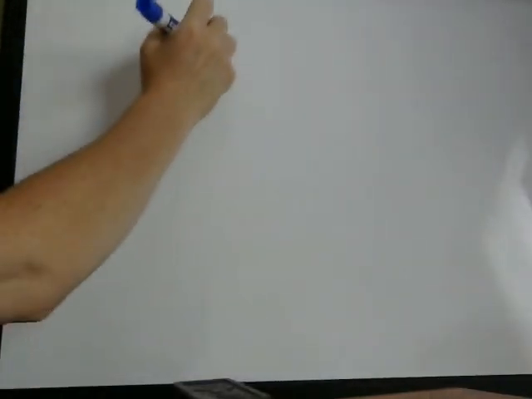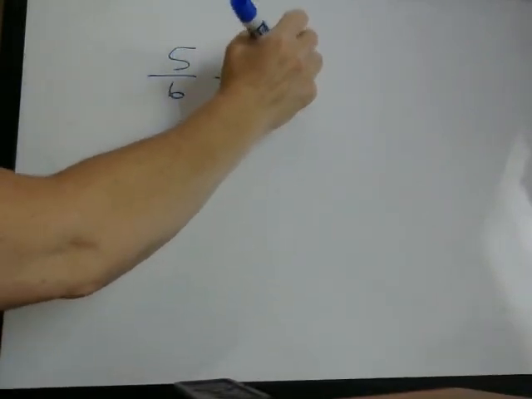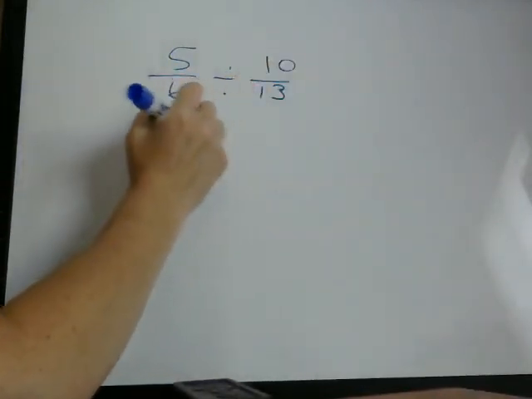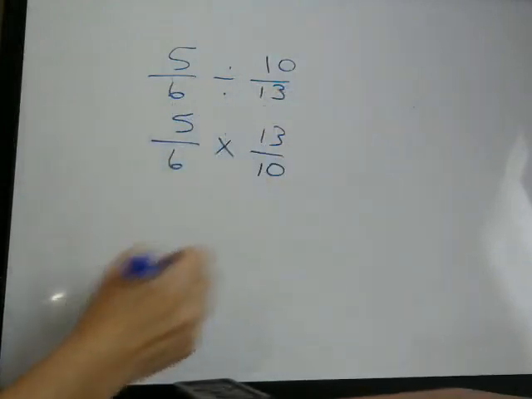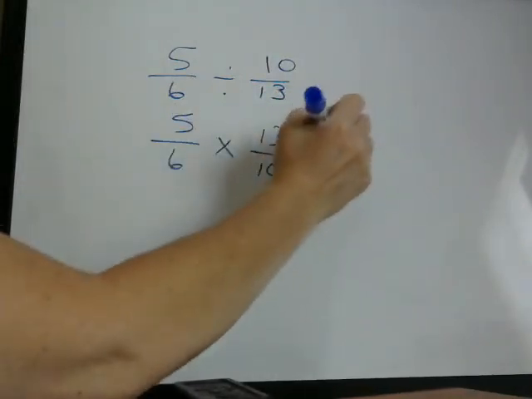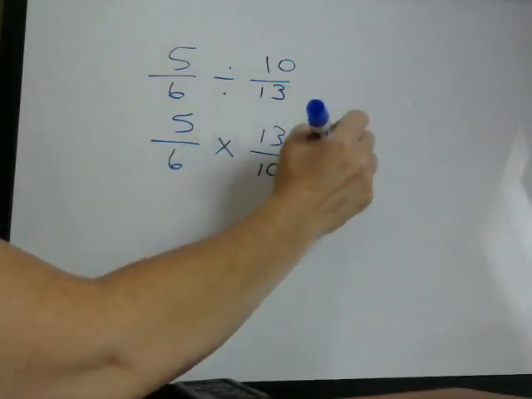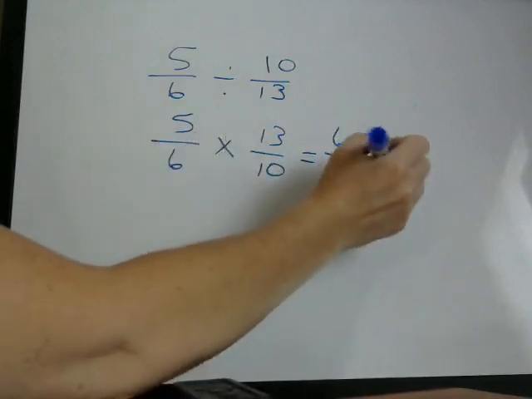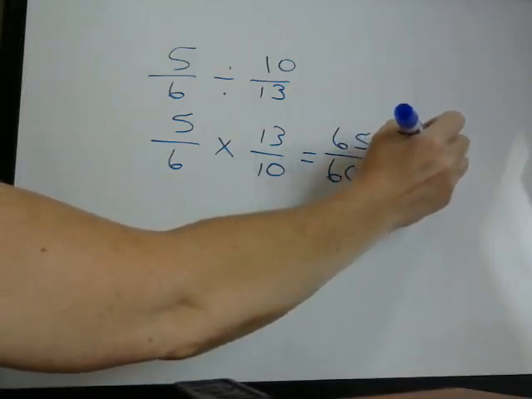We do another one. 5/6 divided by 10/13. Again, we're going to invert and multiply. So we have 5/6 times 13 over 10. You can do it straight across. 5 times 13 is 65. 6 times 10 is 60. We know that both of those can be divided by 5. So you end up with 13